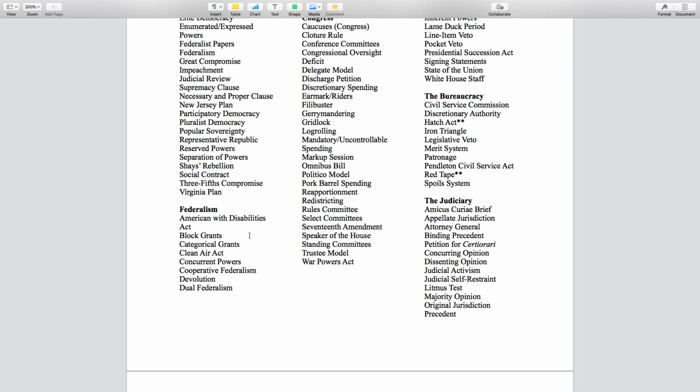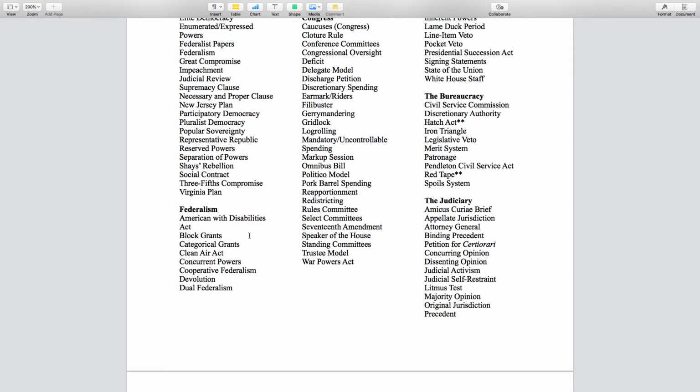Another example would be a community development block grant. We want to get low-income people working. You decide how you're going to do that. You come up with the plan. Here's the money to do it. Broad discretion in how the money's spent. Students mess up when they write about block grants. They say states can do whatever they want with the money. That's not accurate. It's a broadly defined purpose.